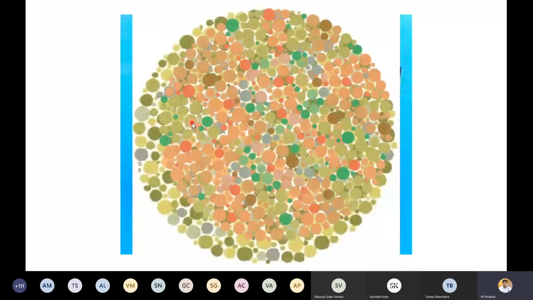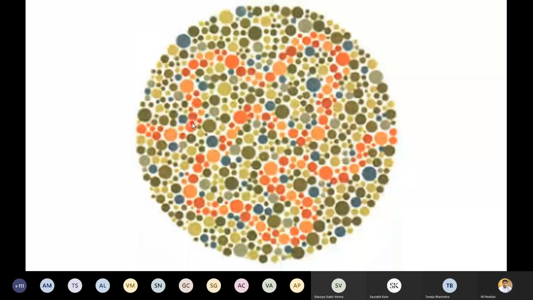Now, apart from numbers, if the person is illiterate, what do we have to do? Can you see the path? See, my laser is moving. If they are illiterate, tell them to use their index finger or you can give your pen. They should not mark anything.